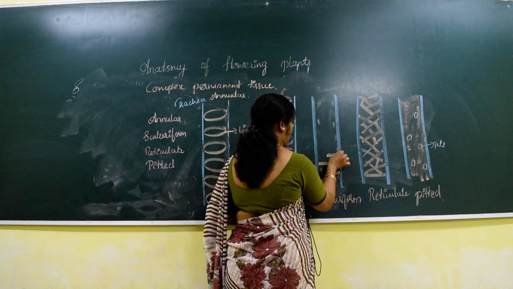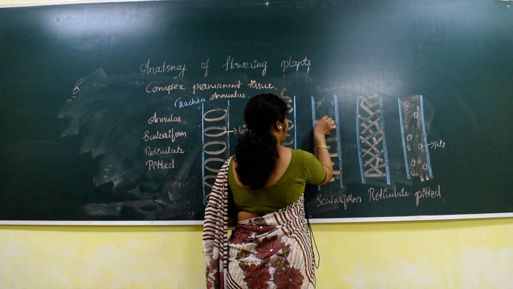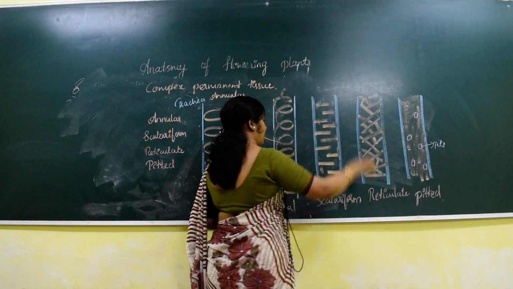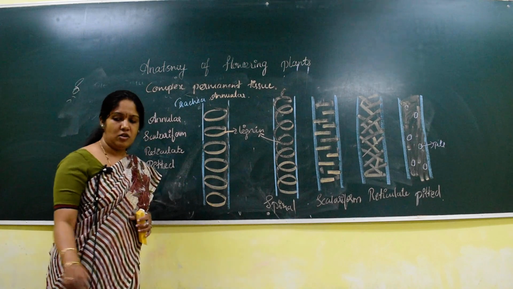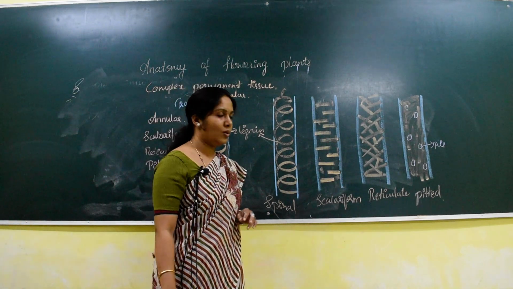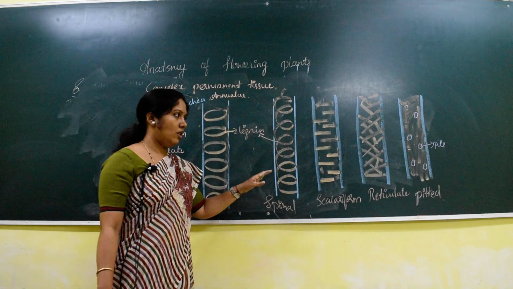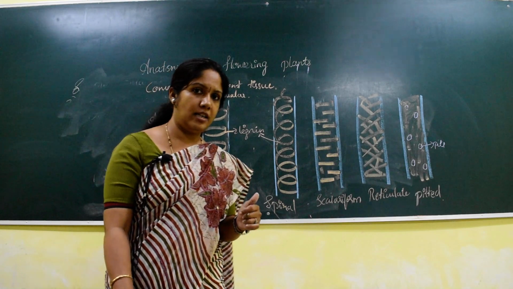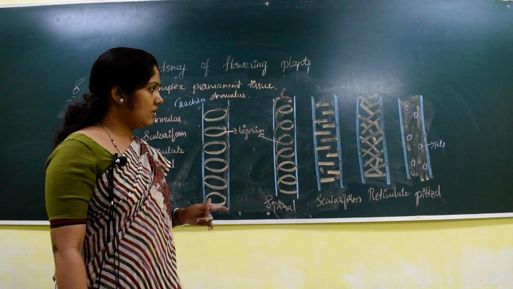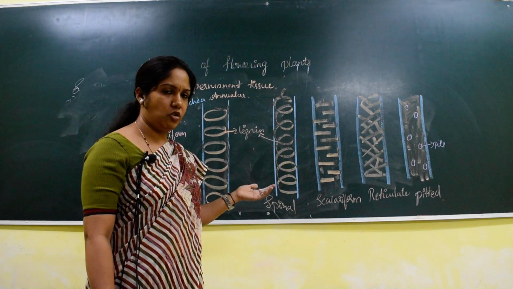I have joined, whether you can write in this form. It is in the form of a ladder. So this is about the 5 types of the vessels, tracheal elements. All the 5 types are seen in tracheids as well as in trachea. That is, they are seen in gymnosperms, pteridophytes, as well as in angiosperms.